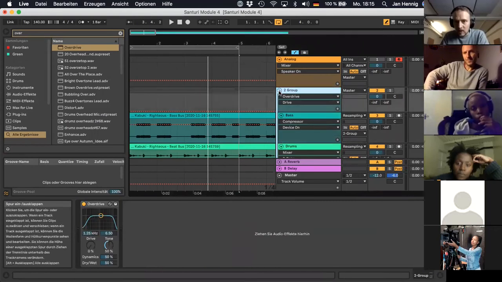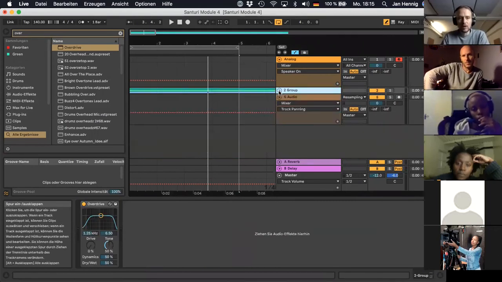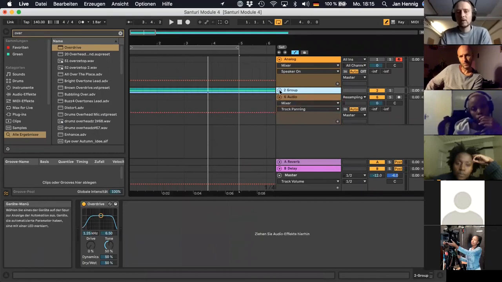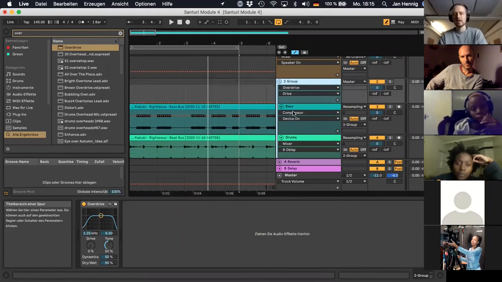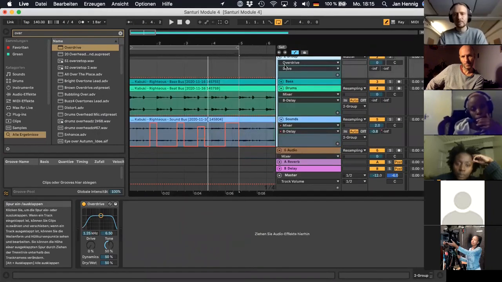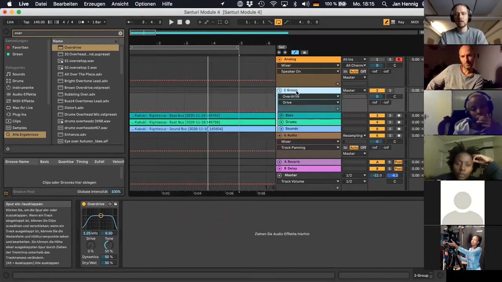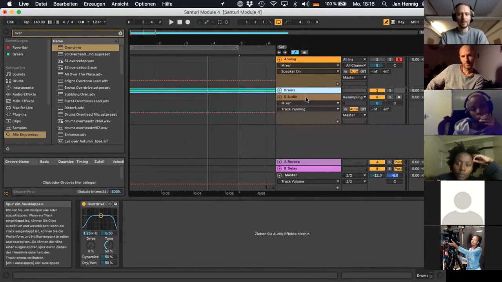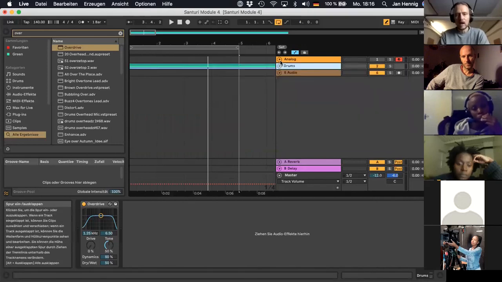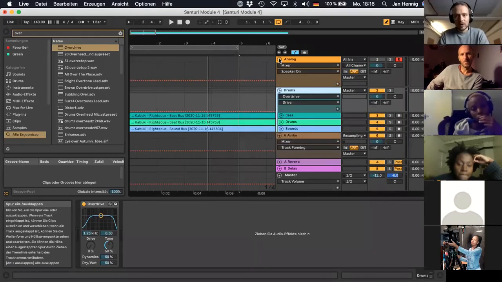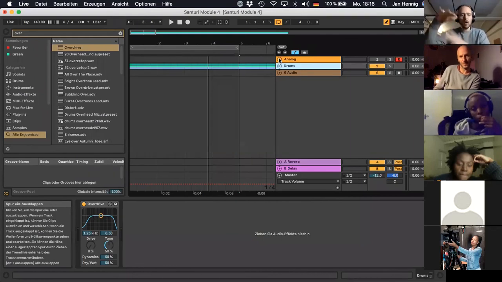And when you click on this, it allows you also to structure your session view or your arrangement in general. I like to have, for instance, all my drums, like kick, snare, hi-hats, and so on, inside groups. So this way I can quickly just name it drums, boom, and it's out of the way. And this is also a really neat trick. If you hit Alt and then this little arrow, you can open and close all tracks in the